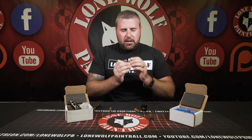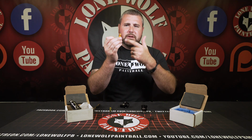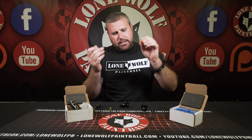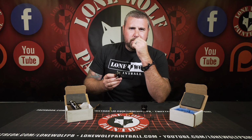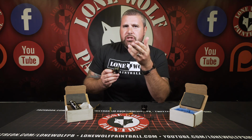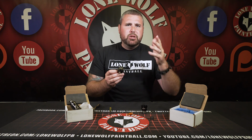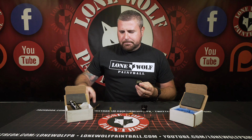So we talked about the piston for Gen 3. They don't have blue or red anymore. It's all one size, so we don't have to swap out, which is kind of cool, and it doesn't have the reg seat. It's got the jet on the inside. Now people are wondering, with other markers or other tanks on the market, you can adjust the actual input or output pressure anywhere from like 350 to, I don't know, some of the super high pressure regs go up to 1,000 or plus. So this reg here, actually,